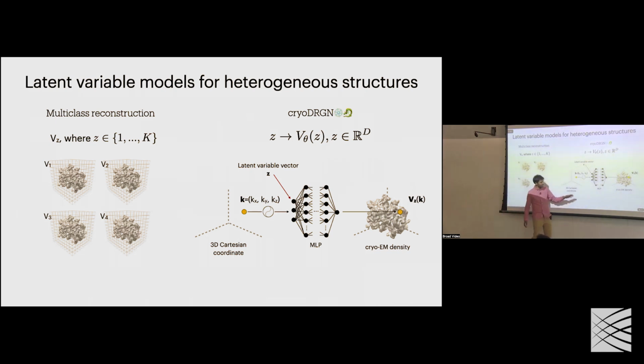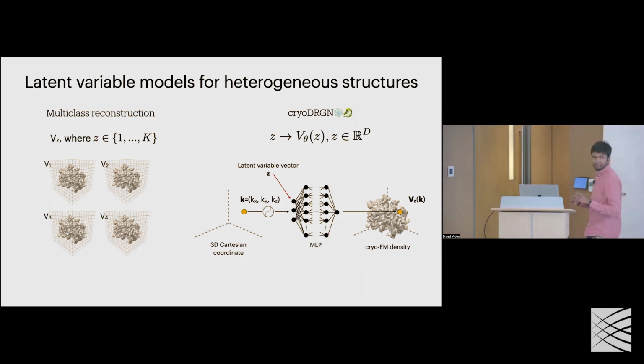Whereas in the neural field setting, this is so much more expressive because to represent heterogeneity we can simply feed in an additional input to the network, which corresponds to that conformation latent, right? So in addition to this 3D coordinate, whether we want this function to represent one structure or 10 structures or 10,000 structures, the size of the network doesn't grow, right? We still have just this same structure of the network. All we change is the value of this conformation latent. And so in this manner, the implicit representation is a much more scalable way of representing multiple volumes compared to explicitly storing and optimizing explicit voxel